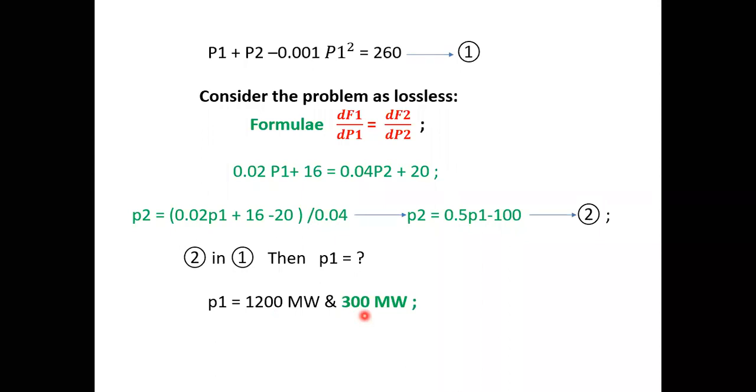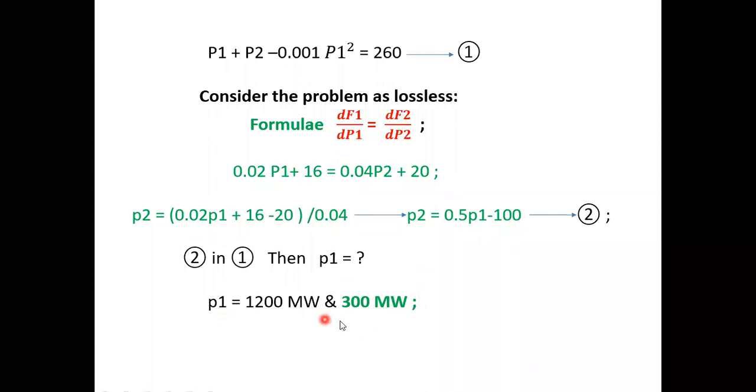You may ask one doubt: sir, 300 megawatt is also more than the demand. So already I told you that this is nothing but our assumption. This equation we got during the derivation time by considering the power plants in a coordination manner. But in this problem, they have given that you should consider the losses, but the power plants are not coordinated. So this is nothing but our assumption only. So finally we got P1 equal to 300 megawatts.